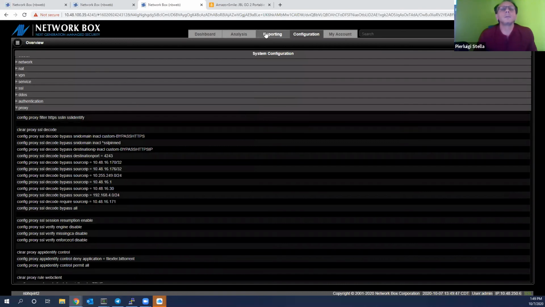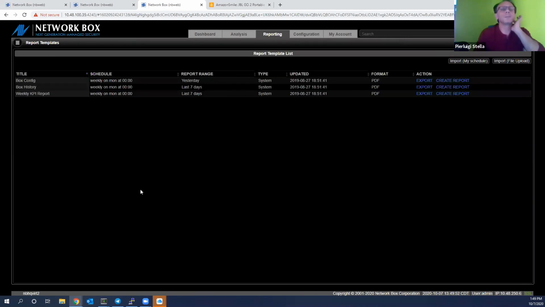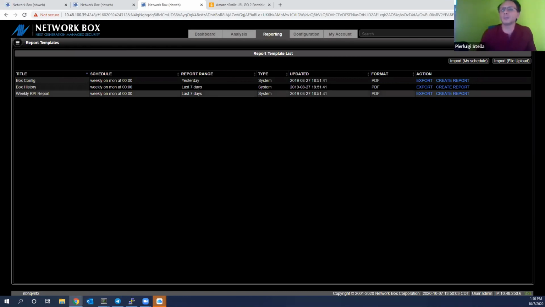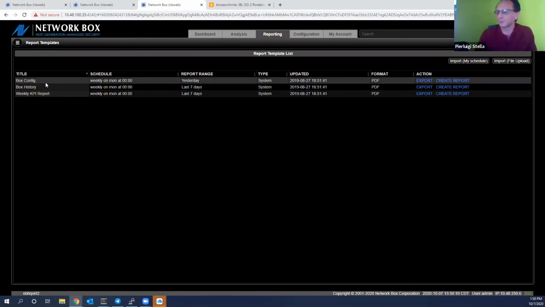One thing about reporting. There are some templates, right? So why are they important? Because these 3 templates are used by every one of our clients. And I really suggest, if you're not getting them from one of your boxes, go in here and actually set them up. So this is a template that will send you a report of the full configuration. What I was just showing you 2 screens ago in the configuration, it will show you the entire configuration of the box. Everything that we have access to that we can modify is going to be in the report